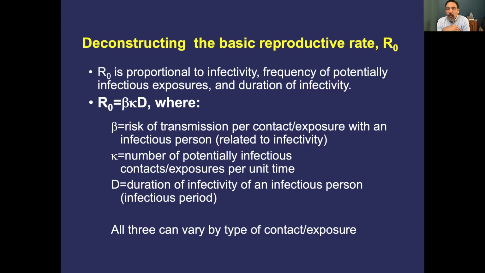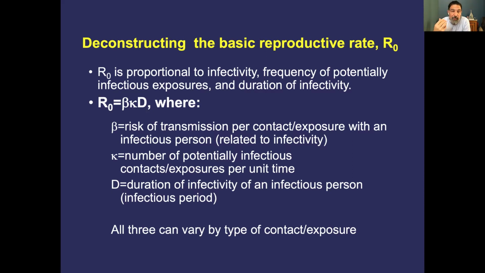So you may be wondering what determines R naught. This is also sort of intuitive. To understand this, though, we need to go back to some of the concepts we covered last week, like infectivity and duration of infection, but also to look to human and societal behaviors that determine the frequency of exposures that can result in transmission. In fact, R naught is dependent on and proportional to all three of these things. So we define R naught as the product of beta, kappa, and D, where